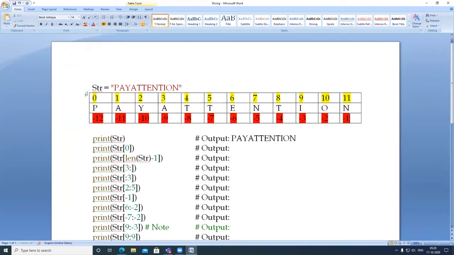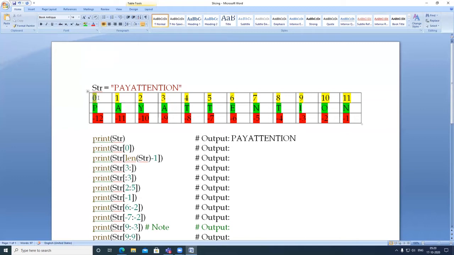So red in color. Let the content which is present inside the index, let me say once again, the content which is present inside the index, let it be green in color, right? I am having three colors. For the forward direction, yellow color; backward direction, red color; and the content present in str in green color. I am trying to print str of 0.